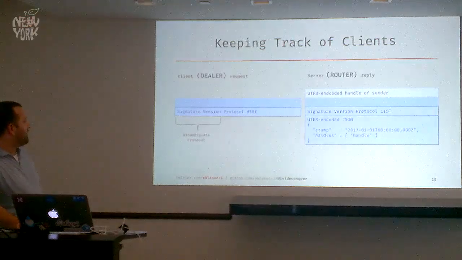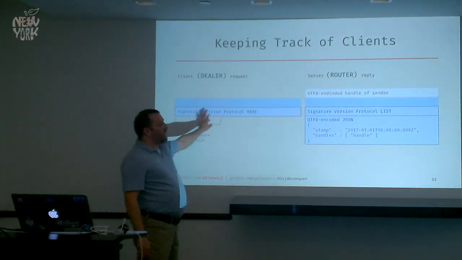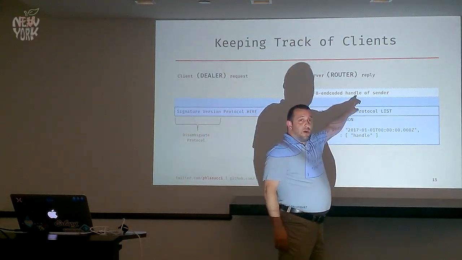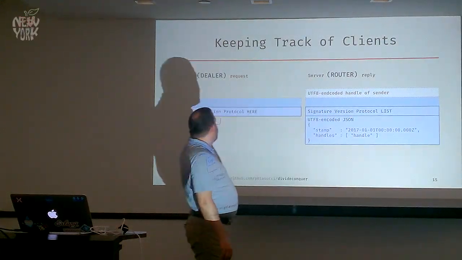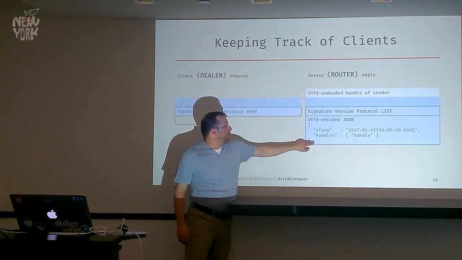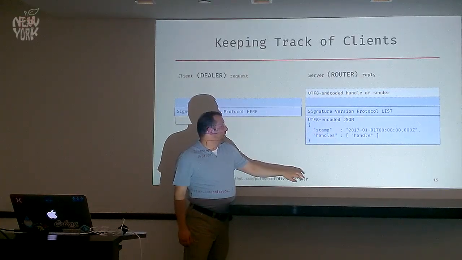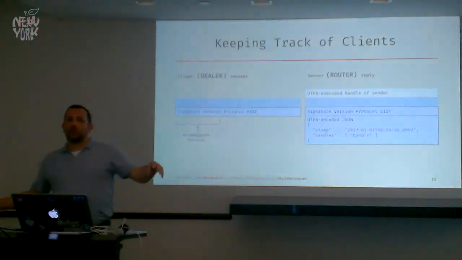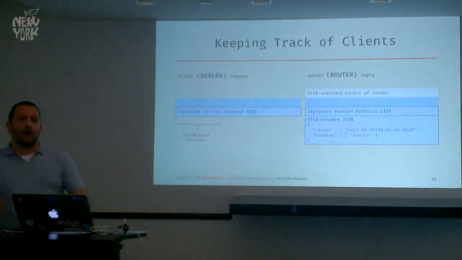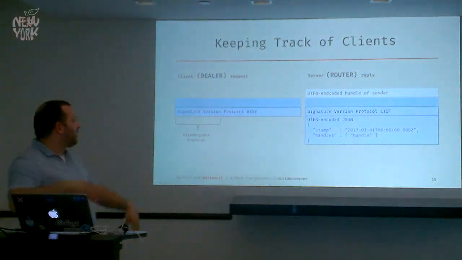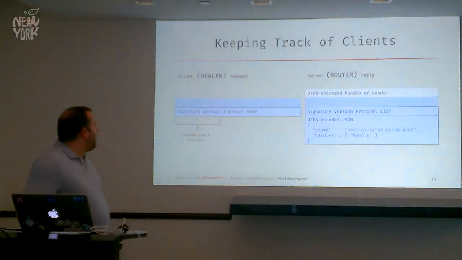And the way we do that is our dealer, our client, will send a here message. And we'll make a note of their identity, which is going to be in the routing envelope. And then we'll send back a list message. The reason why it's called list is because it's got this control frame, but then the payload is actually a timestamp, because it's good to have timestamps in UTC, and then a list of handles, a list of everybody who the server currently knows about, so that the client can decide, oh, I'm going to send a message to Rick, or, oh, I see Steve's here, you know what I mean? Because otherwise, again, we're just shooting things into the ether and hoping people we want to hear them are there. So the server will keep track in that way.